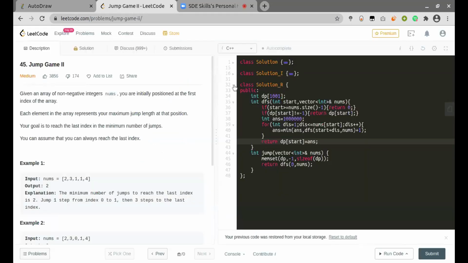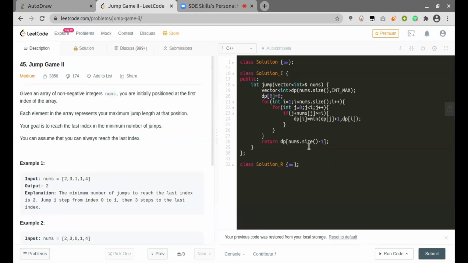So if we go with the implementation, this is somewhat similar to the DP one, but here the recursive one. First we declare a DP of size of the nums vector itself, and initialize it with int max. Now to reach the 0th index, I don't need any steps, so I don't need any jumps. So I'll just initialize it with 0.